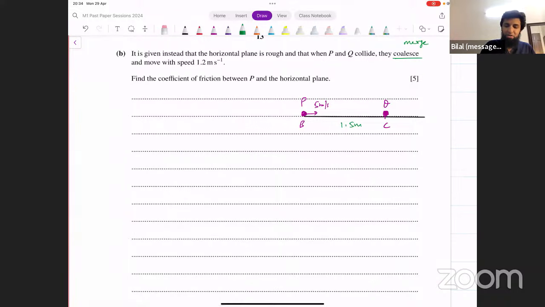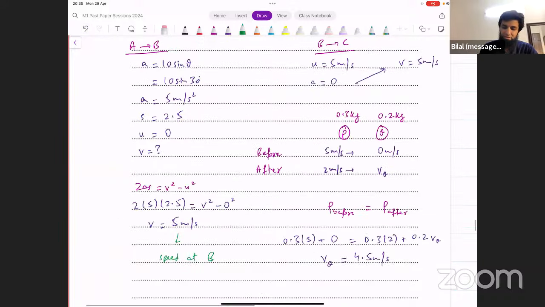What we need to find is coefficient of friction. Where does coefficient of friction come? In which formula do you see coefficient of friction? It's F equals mu R, right? So basically we have to find the value of friction and reaction. When we have both of those things, we can find the value of mu. Now reaction, we already know. For P, the weight of the object is 3 Newton,